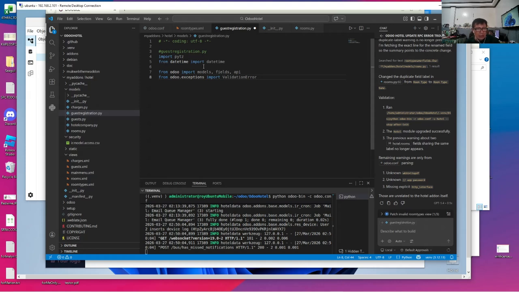We also have datetime, so that we'll be able to convert our date into strings, and the usual fields, models, and api, which we use to create computed fields. And this time we introduce a new package called exceptions.